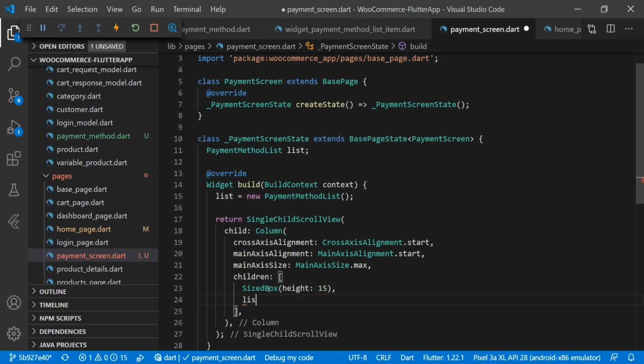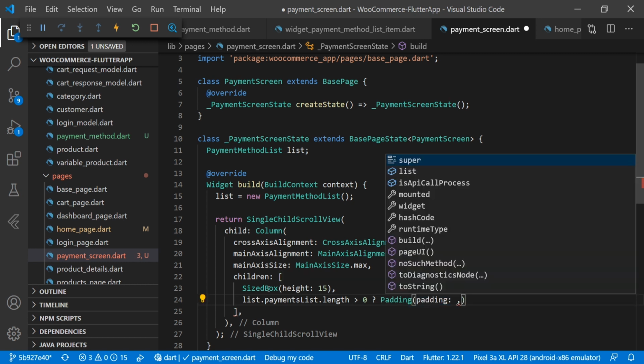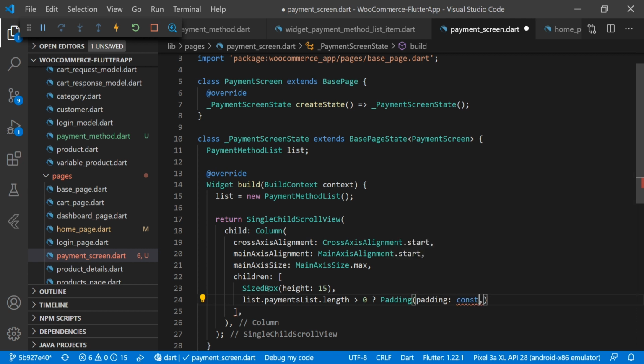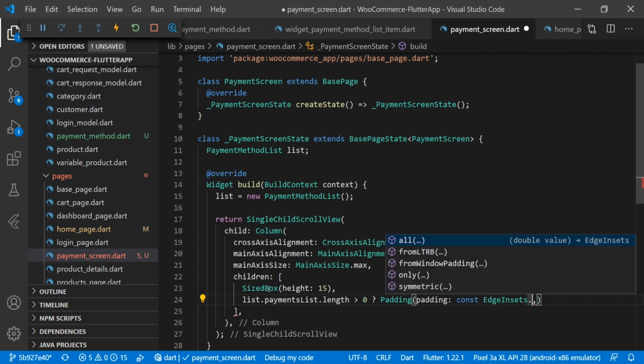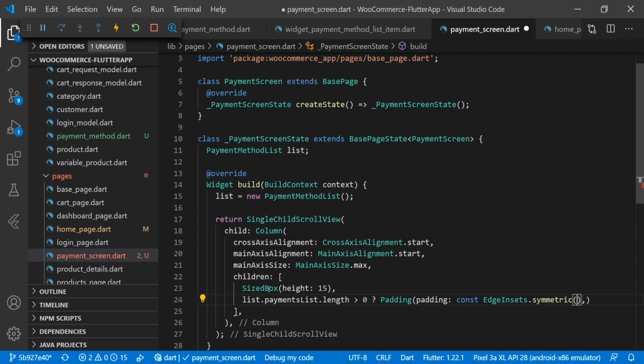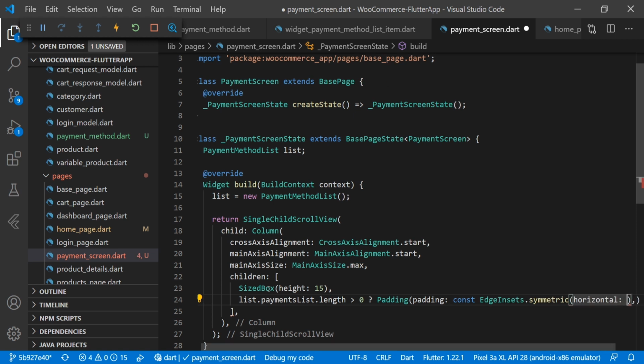Then we are checking list.paymentList.length. If more than 0, then we will define Padding. Here we are using EdgeInsets.symmetric, and here we will have horizontal, and we are passing 20.